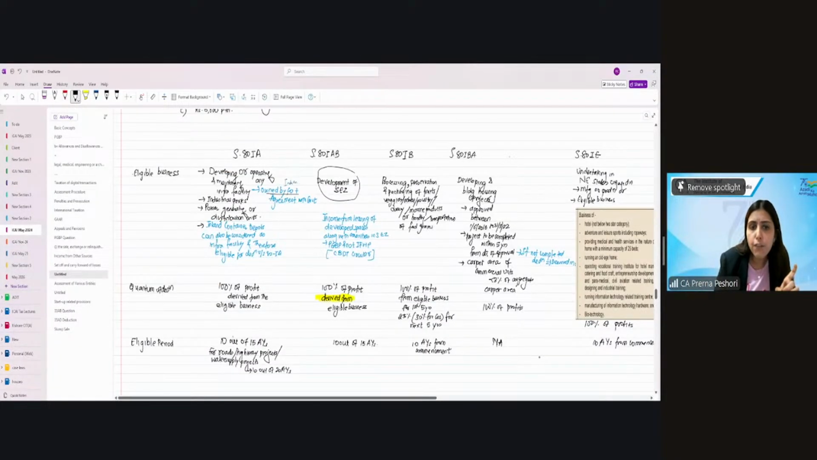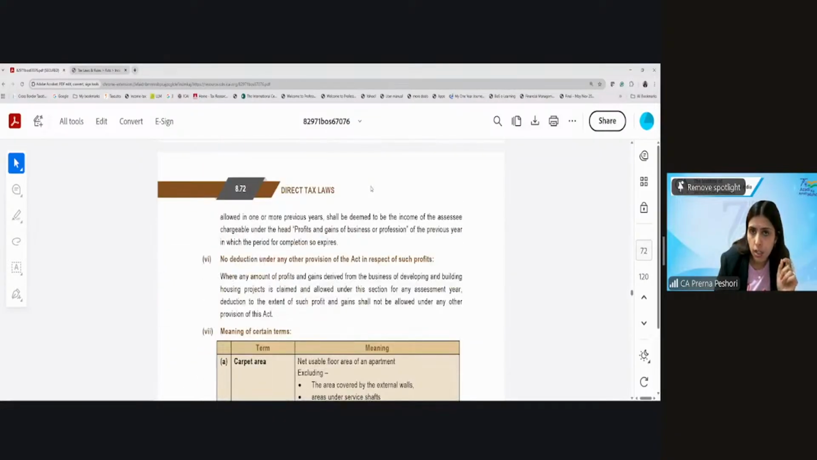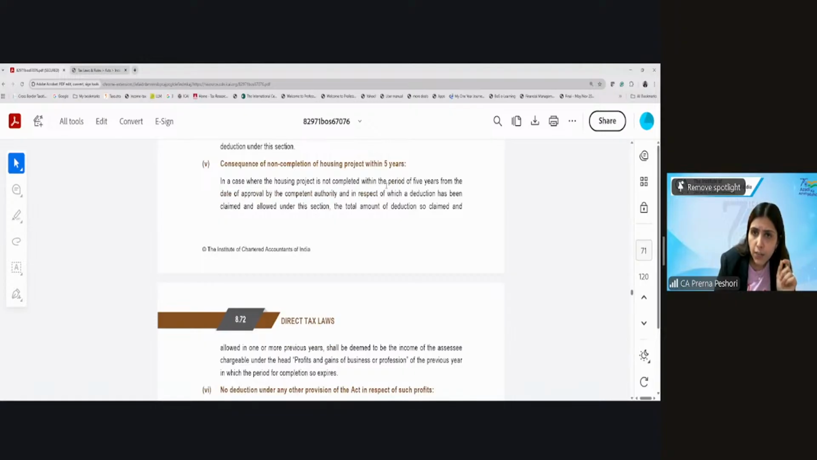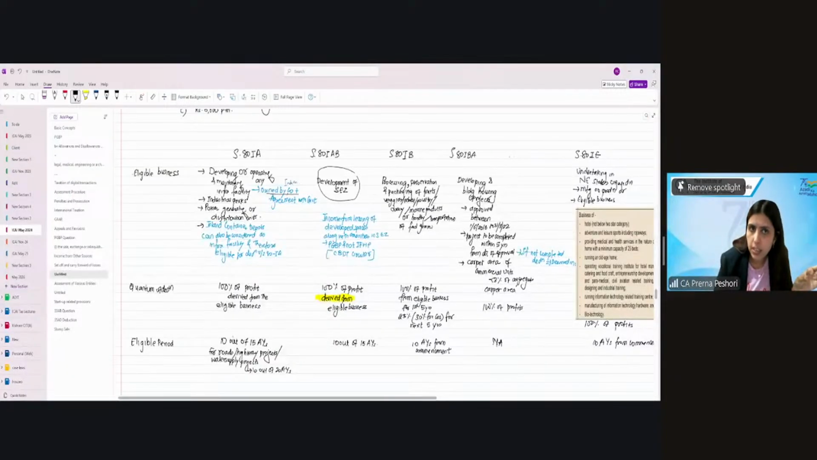Clear? Secondly, if the project is not completed within the 5-year window from the date of approval, the deduction that you have claimed will be deemed to be income. Okay. So this is section 80IBA. 80IA was with respect to infrastructure facilities. 80IAB was with respect to developing the SEZ. 80IB was with respect to food products. And 80IBA is with respect to housing projects. Clear? Next is